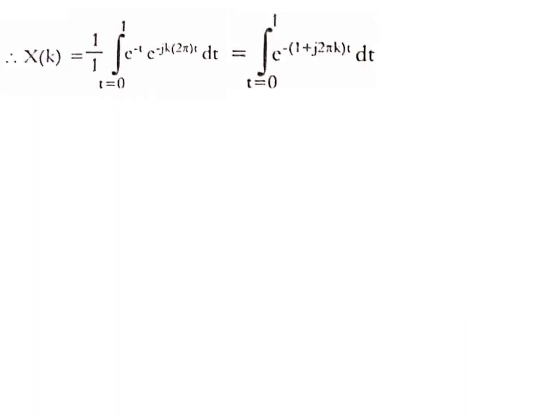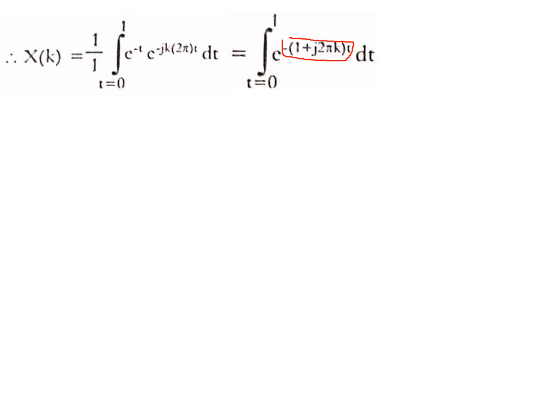I am rearranging because it is e to the power in both the functions. So I'm combining the power. See, when I combine the power, I can simplify in this form. It is a mathematical step. So now I have to integrate e power of minus bracket 1 plus j 2 pi